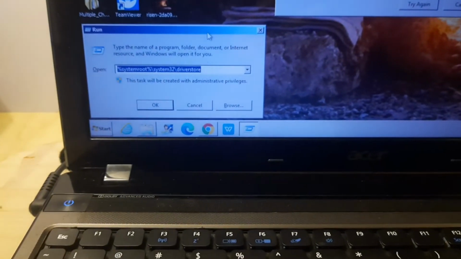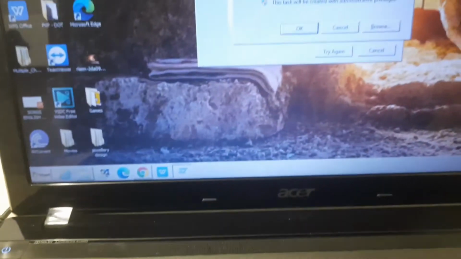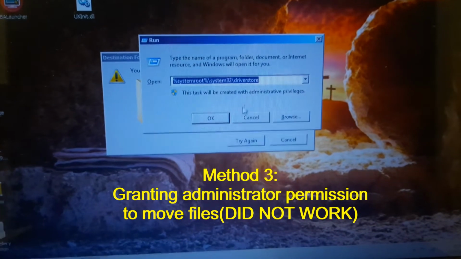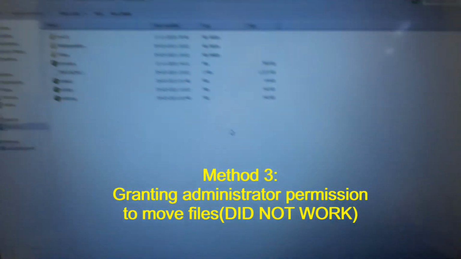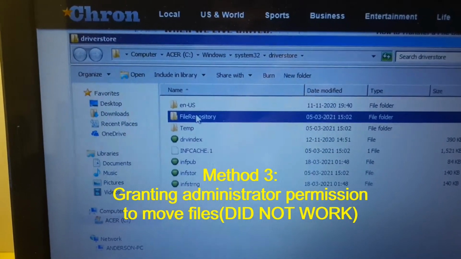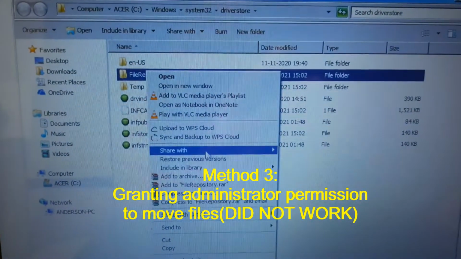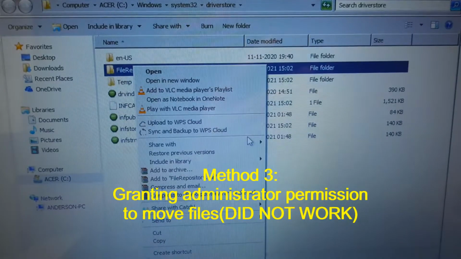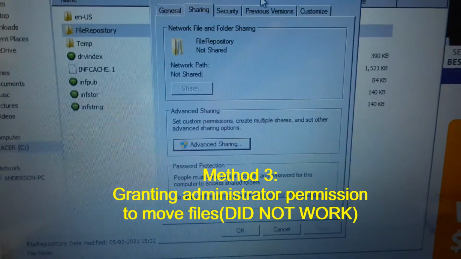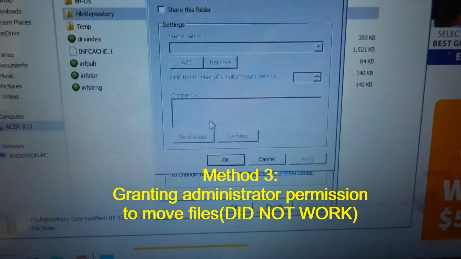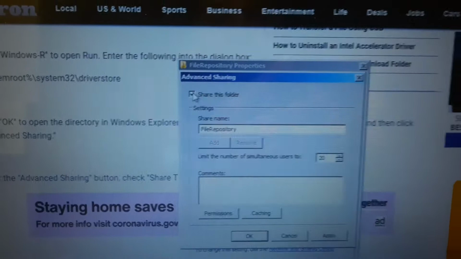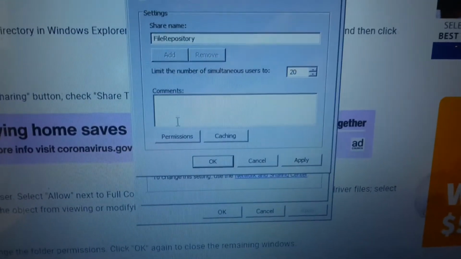Now in order to fix this, there's also another method that we're going to use. This is to grant administrator permission to move files from the system32 folder. As you know, this method did not work. I'm going to go ahead and right click on the folder, click on share and advanced sharing, and then click on share this folder, and then permissions.